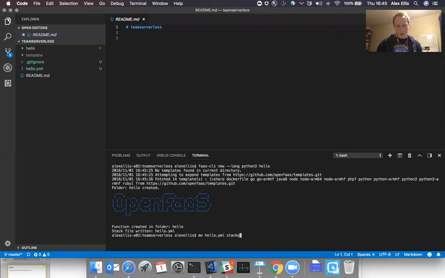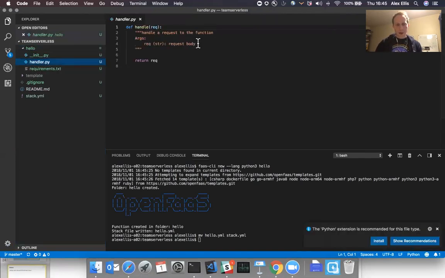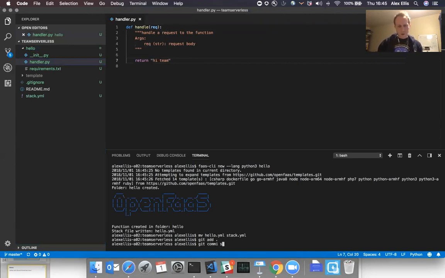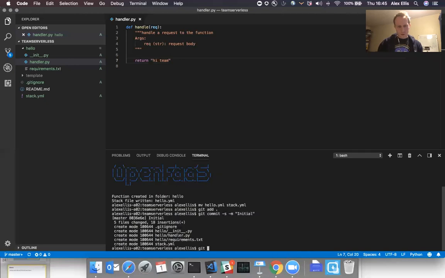We're just going to rename the YAML file to stack YAML so that we have a convention and we know exactly what we're looking for. Here's our Python code, and it just returns the input that came in. I'm just going to put hi, my team. That's it. So we're now going to add this to an initial commit and the push.